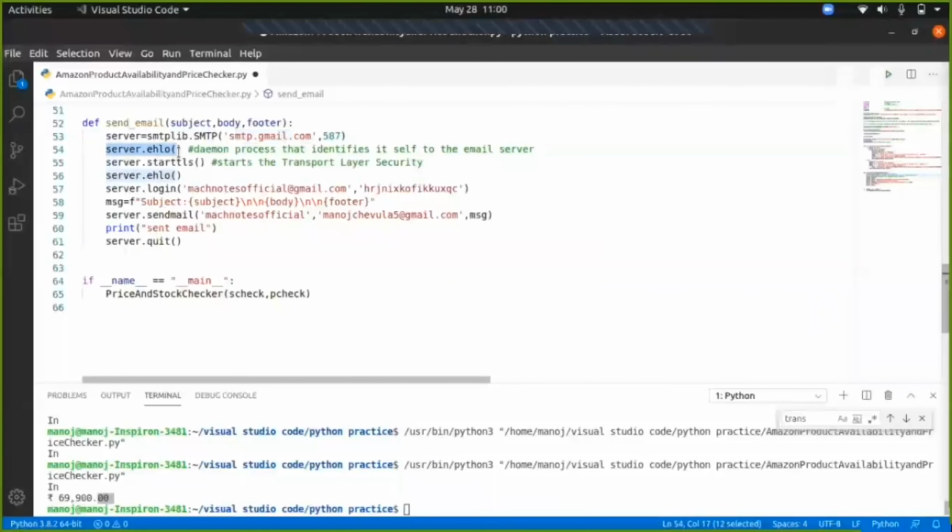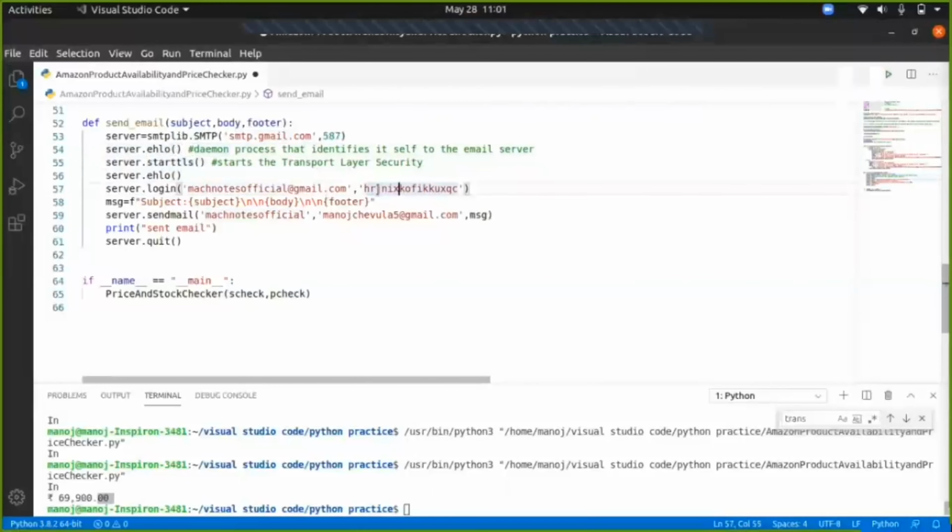Next one is server.ehlo. It is called to identify ourselves to the email server. Once we are identified, then start the TLS, that is transport layer security. Once the TLS has been started, call server.ehlo again to identify ourselves after TLS is started.